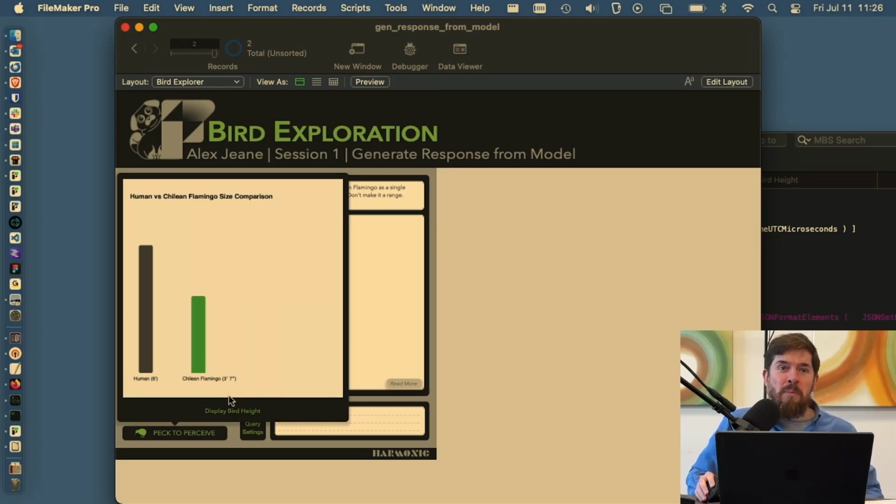So maybe some of you are asking why. I'm not a zookeeper. Fair enough. Probably most of you aren't. All of you are here because you have some sort of interest in FileMaker. Some of you are business owners. Probably all of you either are or are connected to FileMaker users. So